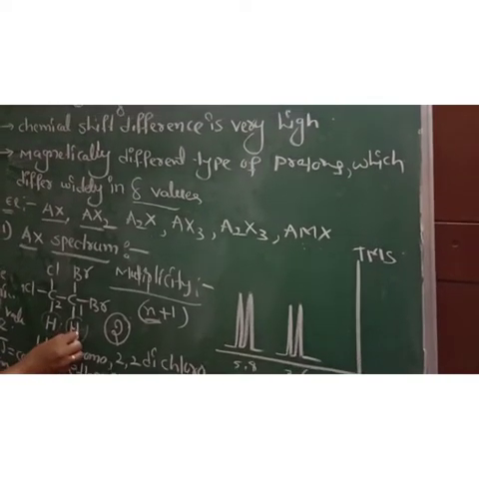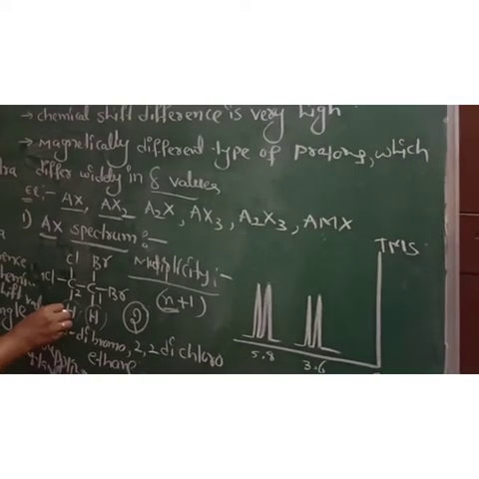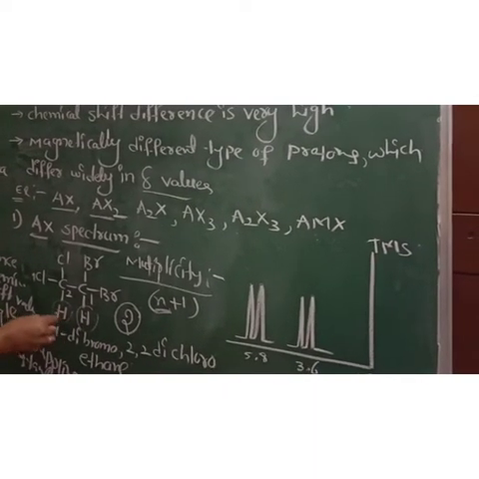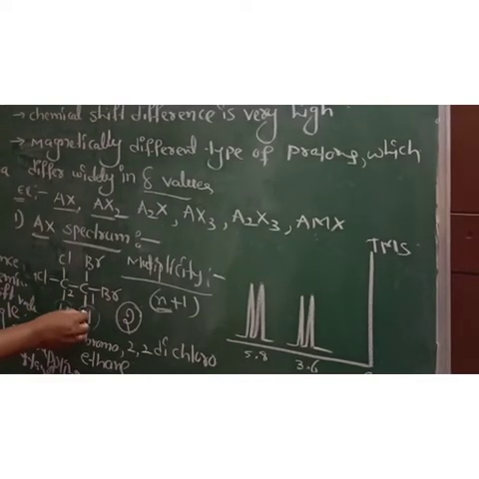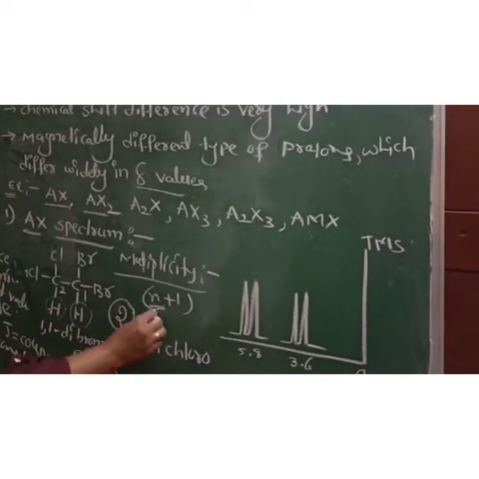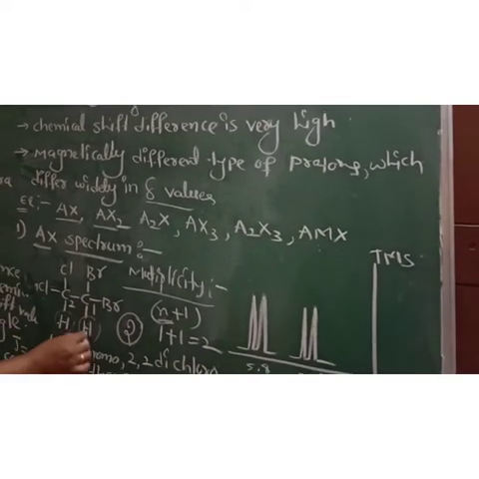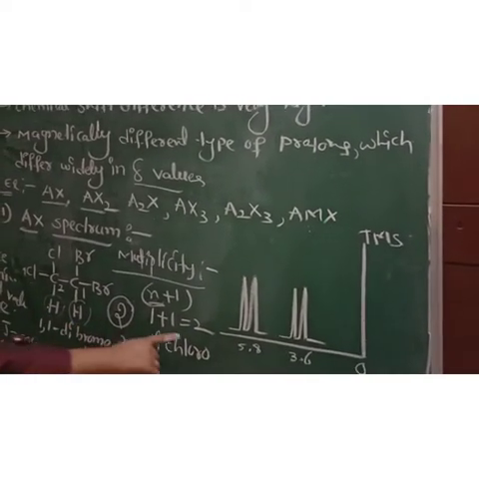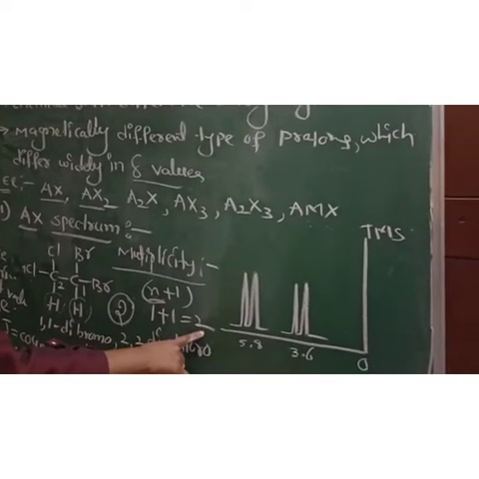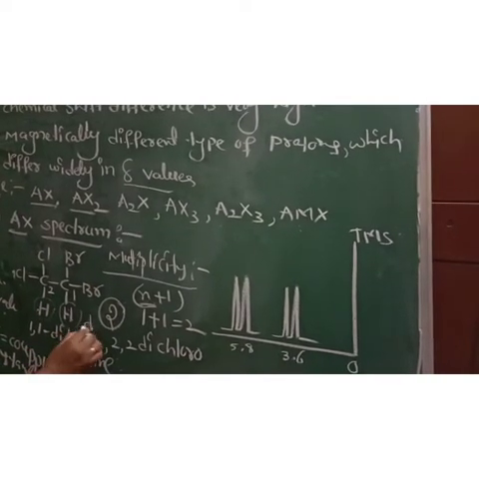For example, for this proton, the adjacent proton is this one. Here it is the reference proton and this hydrogen on the neighboring carbon is the neighboring proton. So only one proton. For this hydrogen, the only adjacent proton is 1. So the number of neighboring protons is only 1, and 1 plus 1 equals 2 for the first type of proton. How many peaks are present in the signal for the first type of proton? Only 2 peaks. If 2 peaks means 2 lines appear in the signal, that is a doublet.